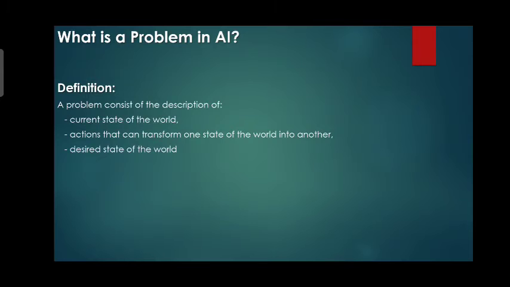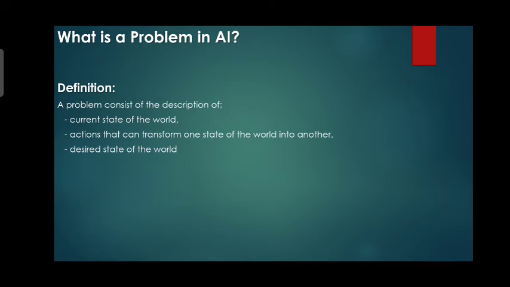Hello and welcome to this lecture series on artificial intelligence. Today we are going to see what problem solving in AI is. In this lecture we are going to cover what a problem is and how we define a problem, how we describe a problem, what parameters are required to describe a problem, and then we are going to see what a problem solution is. Then we will see an example and demonstrate the same thing.